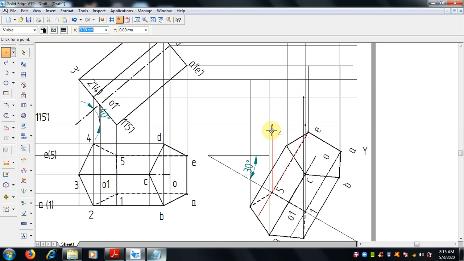Sorry, 3 will be from here. 4, this is the 4. And the 5 here.